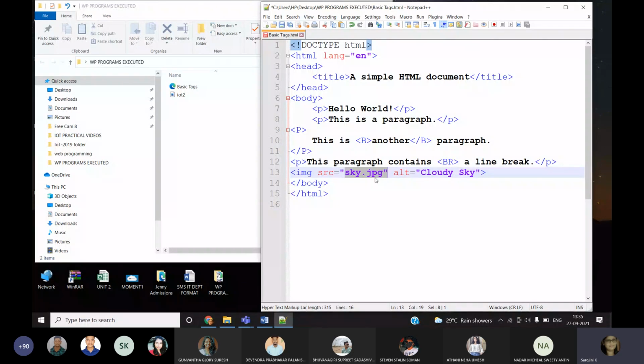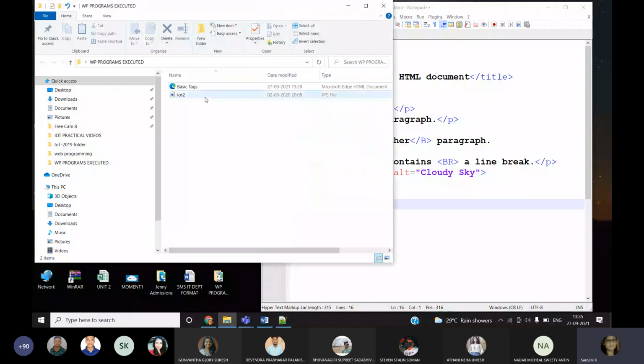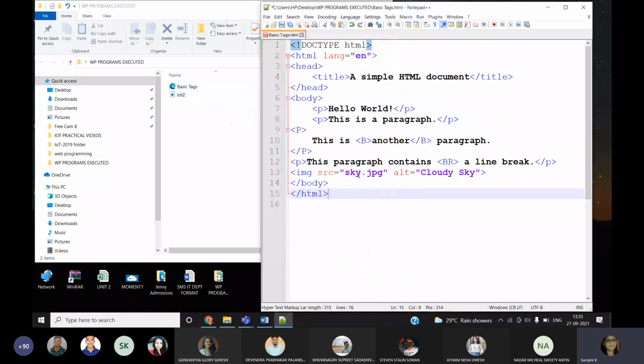Best practice is to always give the absolute path of the file. This is the relative path of the file. Better to give the absolute path of the file. Students, we exceeded the time, so I will finish here. What is the absolute path of the file? I always give the absolute path of the file, so I don't want to give the file name like this.